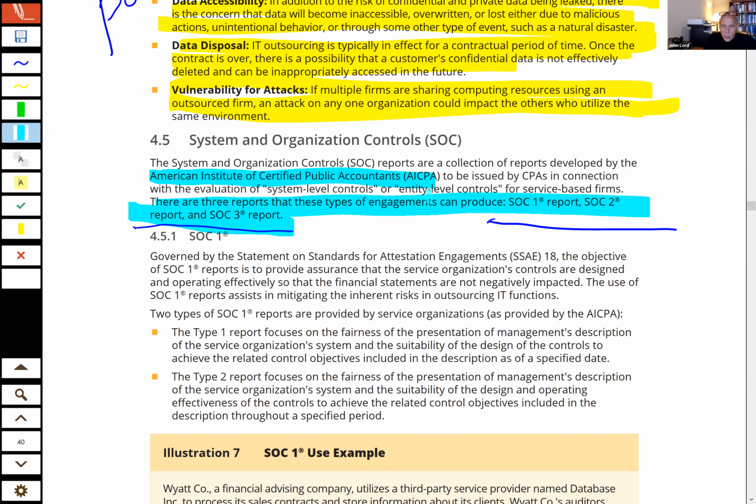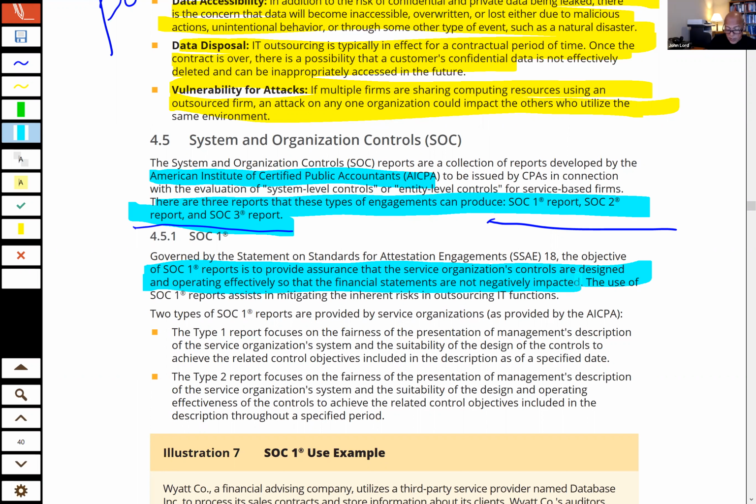So what they do is they'll issue a report, and that report talks about how an auditor came in and looked at the controls over their system. That's really what these SOC1 reports are doing, and the SOC1 report provides assurance that service organizations' controls are designed and operating effectively so the financial statements are not negatively impacted. And as an auditor, you just acquire this report and you don't have to do any work on the controls